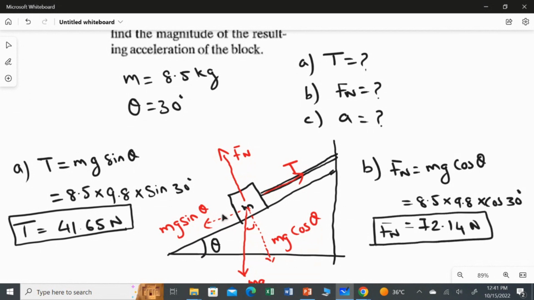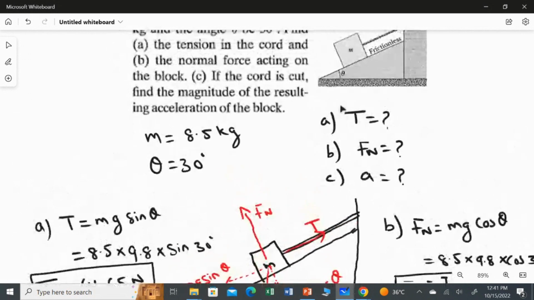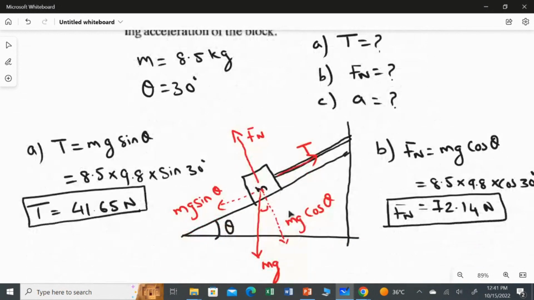Now for the third part, we are going to find the acceleration. So what is given in the third part? Read the questions very carefully. If the cord is cut, that means if the string is cut, calculate the acceleration of the block. You have to see the diagram here. The upside of the plane is generally the x direction, and this is the negative x direction. Because the question says calculate the magnitude of the acceleration,